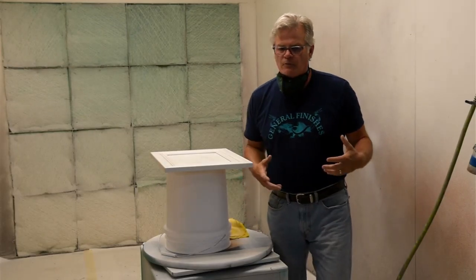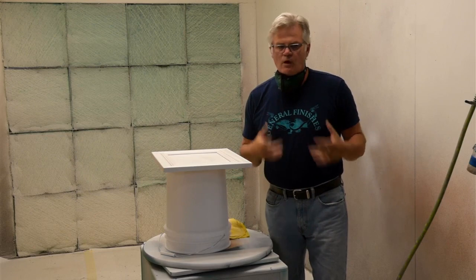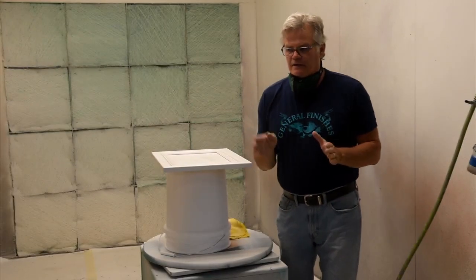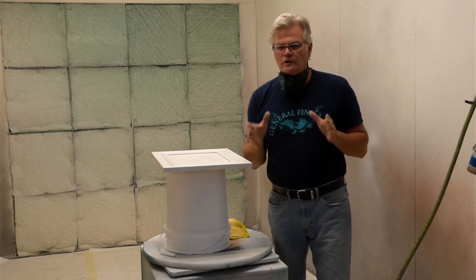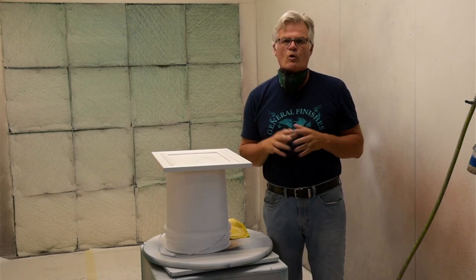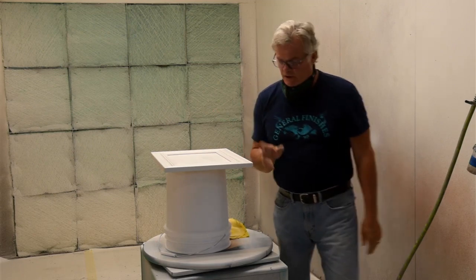Shellac is a wonderful primer. In fact, it's one of the universal primers. There's nothing wrong with it. It's just that to develop a water-based system, we ended up on this system because it was the only water-based primer that we tested, probably 13, if not more, commercially available water-based primers, and they all failed the red dye